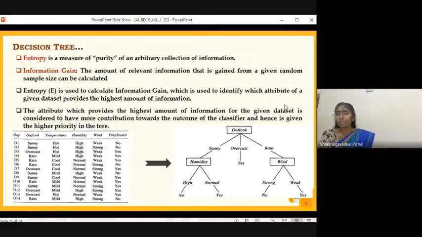So you can see here we have taken 3 different values. Outlook is being taken, humidity is being taken, wind is being taken, because these 3 attributes are concluded to be the ones which have higher entropy as well as information gain. So now suppose we start the process of decision making with Outlook.